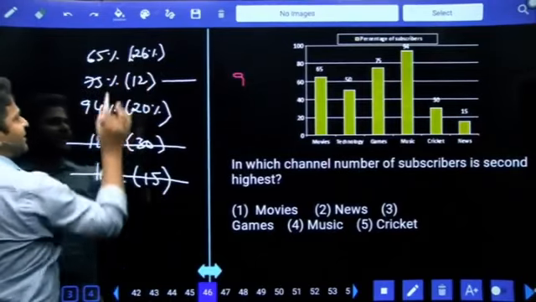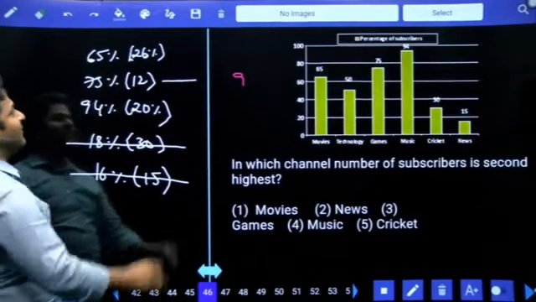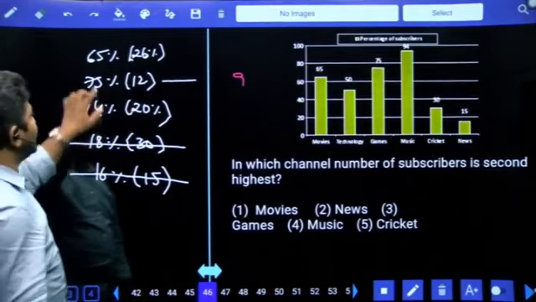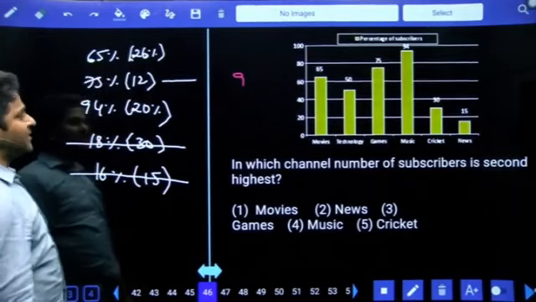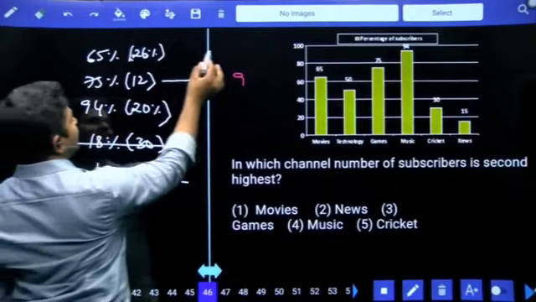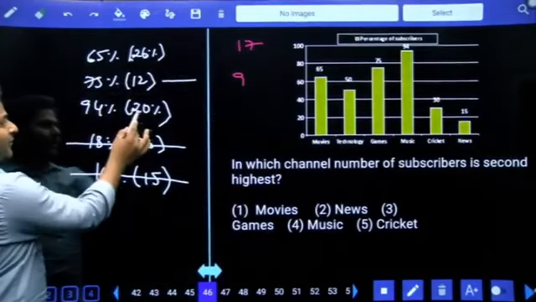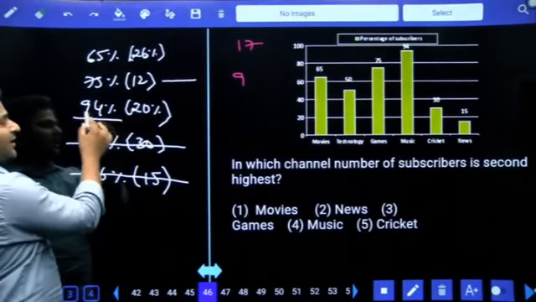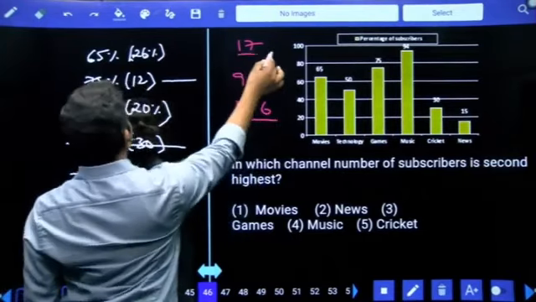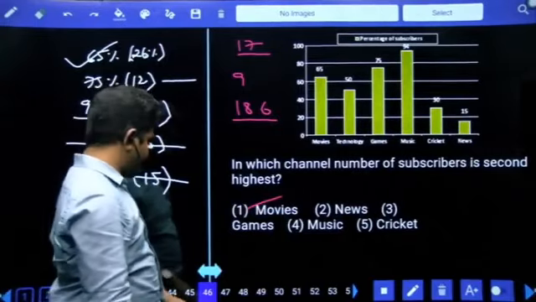Out of 65, 26 percentage, in the sense 20% itself is 13, and 6 more percentage we have. 6 more percentage of this number is going to be 3.6 or something. So that is a total of 13.3, about a 17 number you'll get. But when you calculate 20% of this number, you'll get 18.8. So this is highest and this is second highest.